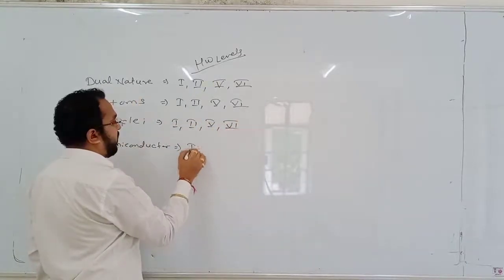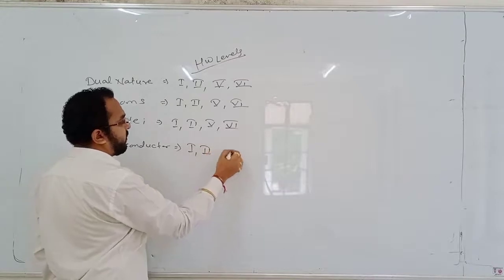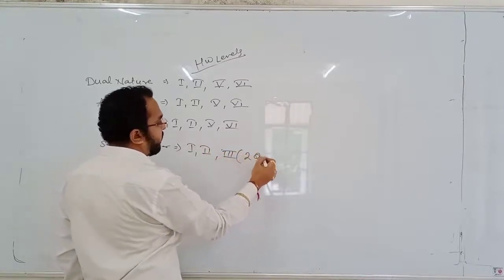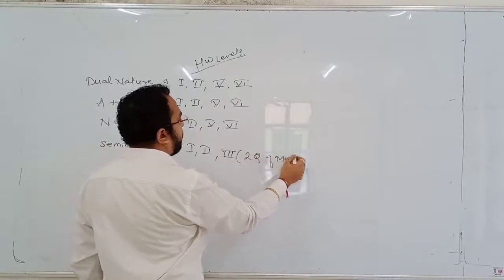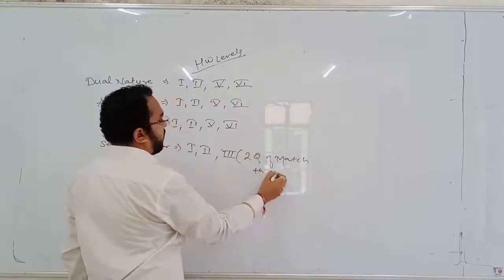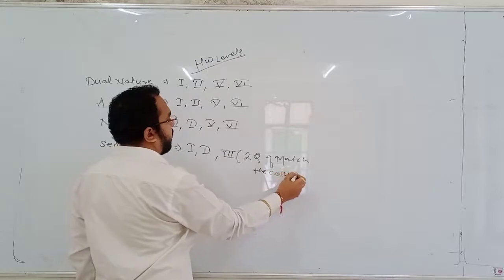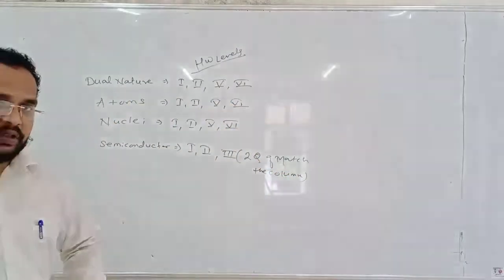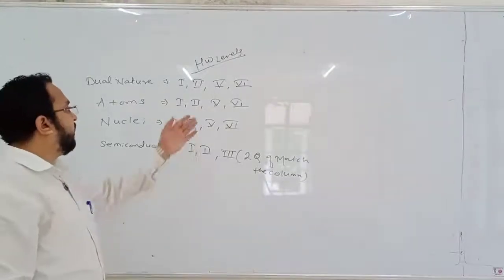And in case of semiconductor there are only 3 levels. The third level is not mentioned, but we have 2 questions of match the column. So make a note, we are going to discuss this much of levels, because levels 3 and 4 are